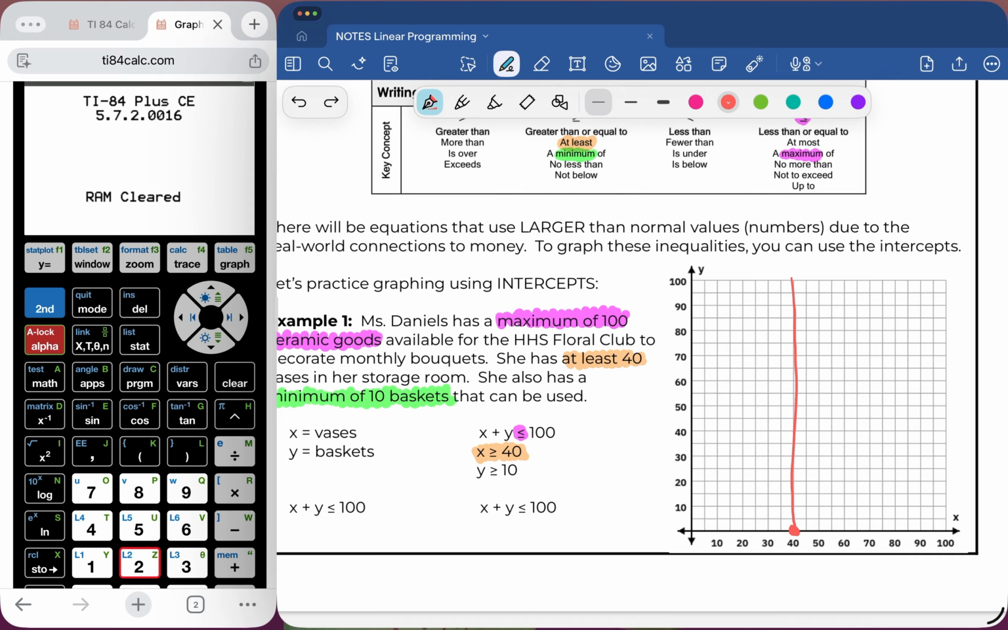Let me draw that just a little bit better. And then we'll do like how we did last time. Let's make that a little bit thicker. How we did last time, and we're going to draw the arrows and then shade in that final area. Because we are greater than or equal to, we will eventually be shading towards the right of that vertical